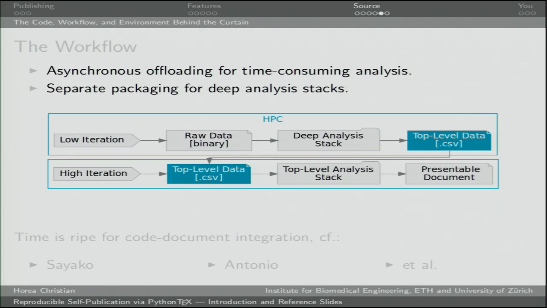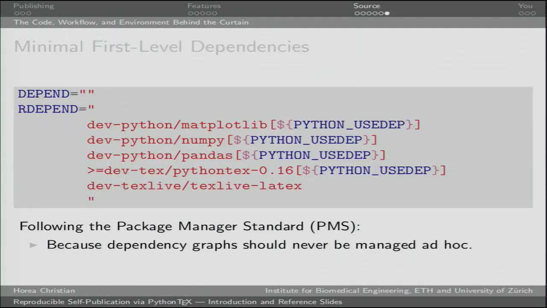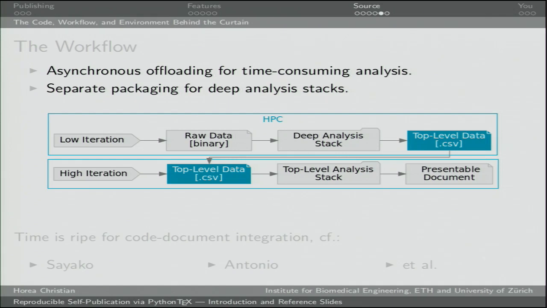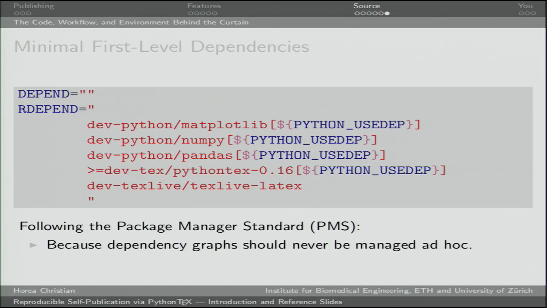So ideally, we should try to establish this more if we already agree on this sort of organization and code to document tying. The last part is, of course, if you look here, you also have these dependency stacks because no software exists in the void. So you need to document what kind of things the software uses. And we also do this. If you've cloned the repository, we have a file which documents this.